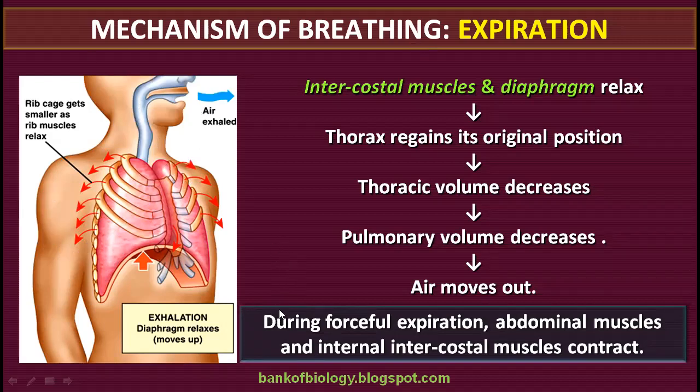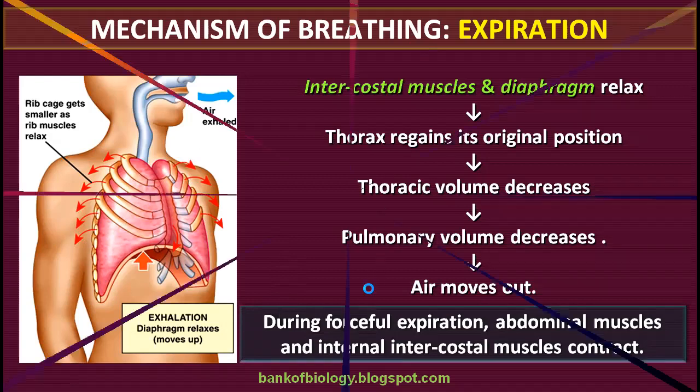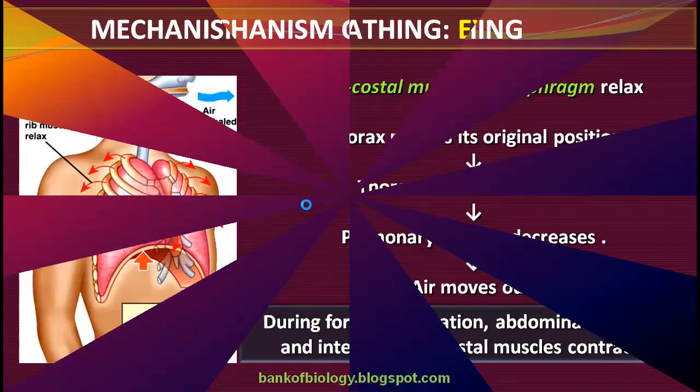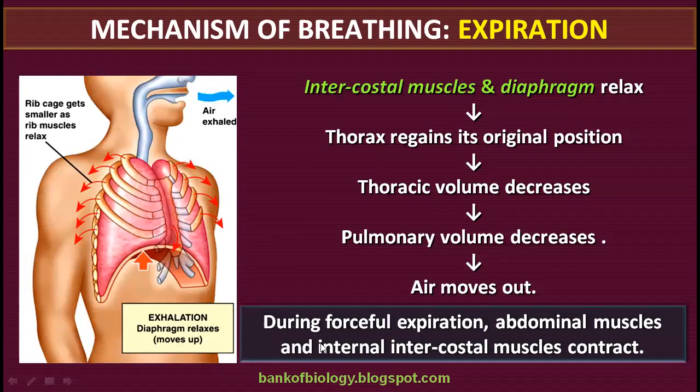So I think only one muscle we haven't used till now. What is that? In the given list, we didn't use the internal intercostal muscle. Internal intercostal muscle along with the abdominal muscle, what are they helpful for? They are helpful for forcible expiration. At the time when we are doing forcible expiration, these muscles are helpful. We can feel the abdominal muscle when we are doing Kapalabhati. So that is nothing but forcible expiration.